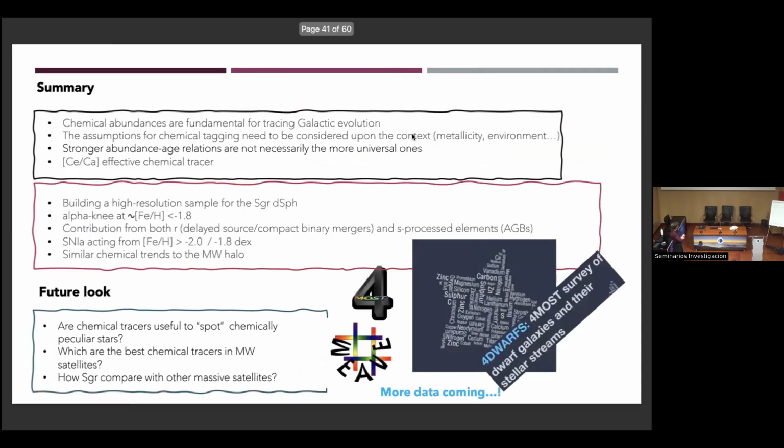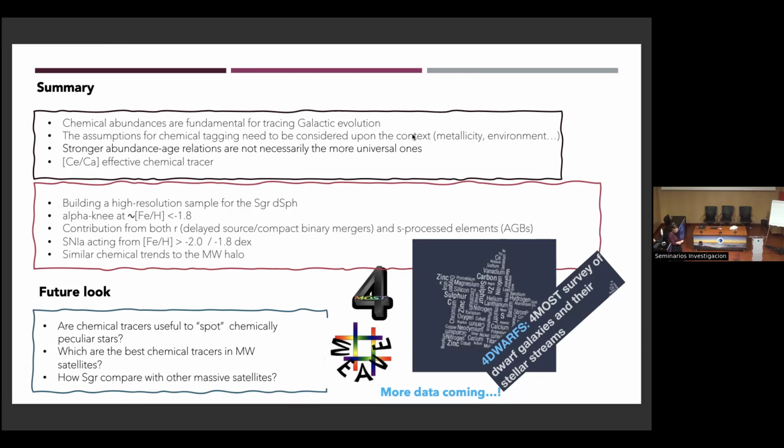So these were my last slides, and here are my conclusions. This is basically the two big projects that I did in my PhD. One about chemical tagging, where we saw that chemistry is very powerful. We just need to be sometimes cautious if we want to use it to derive stellar ages. And if chemistry is very cool in our galaxy, I think it's even cooler when we use it for